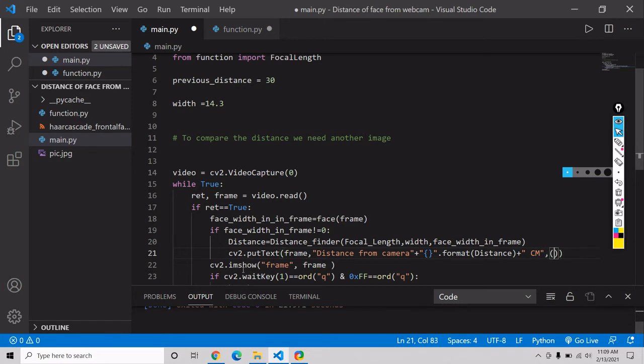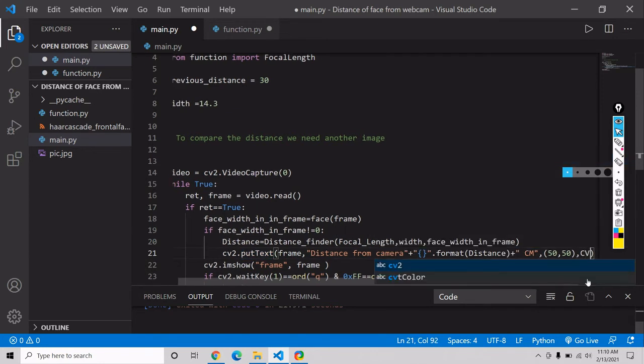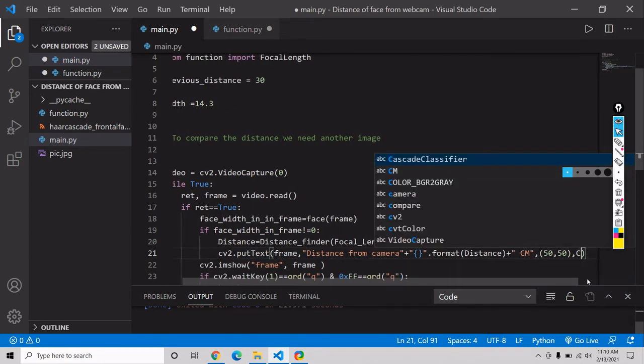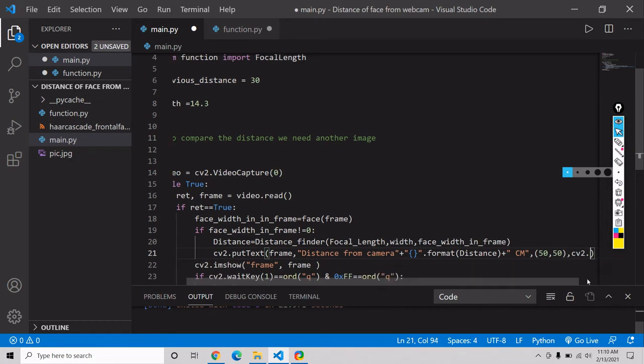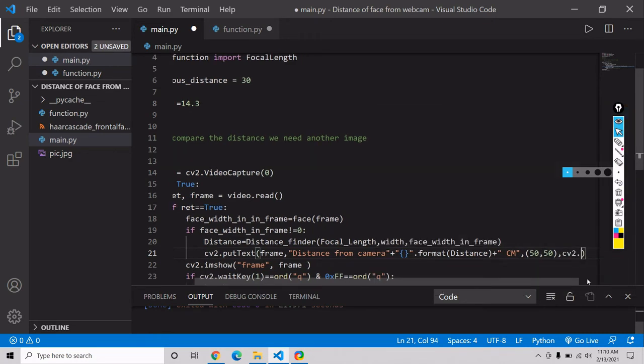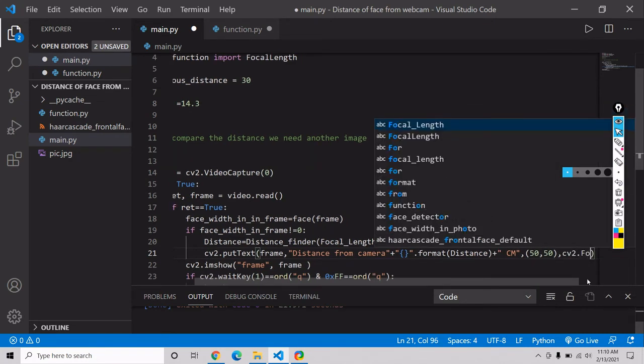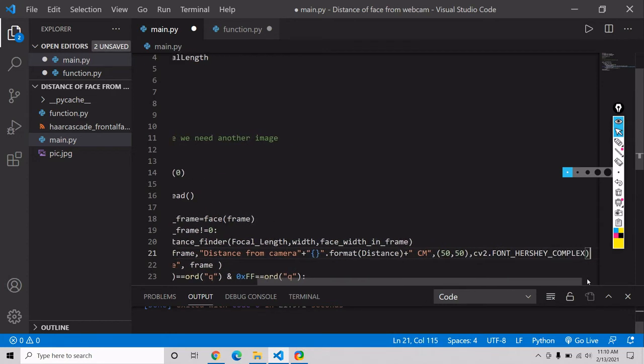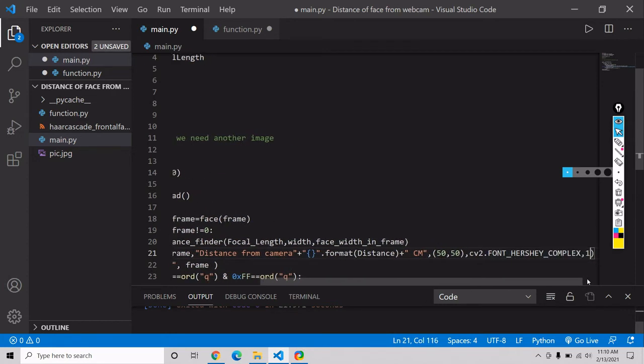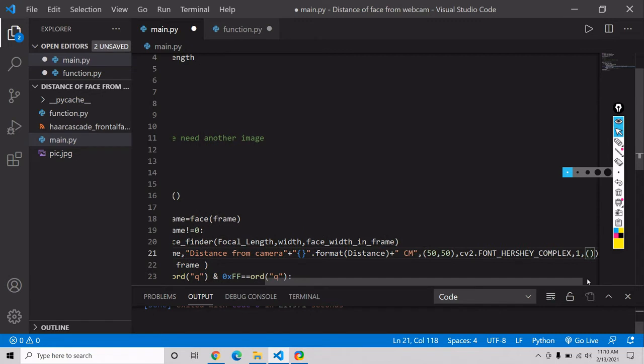Now what will be the coordinates of this line? I have already made a video on put text, so you can check my playlist. Now we have to say our font style. What will be our font style? Suppose we are taking font. After that, we have to provide a color value.